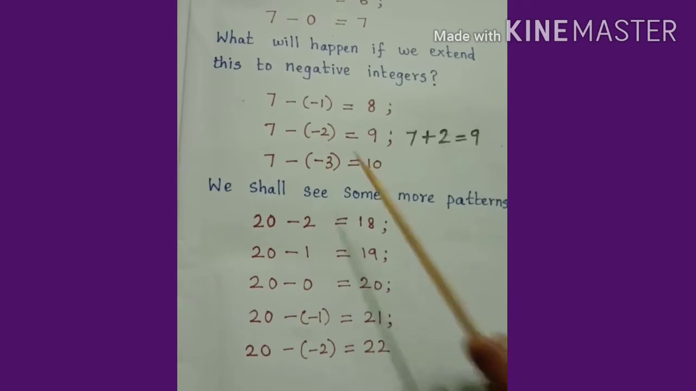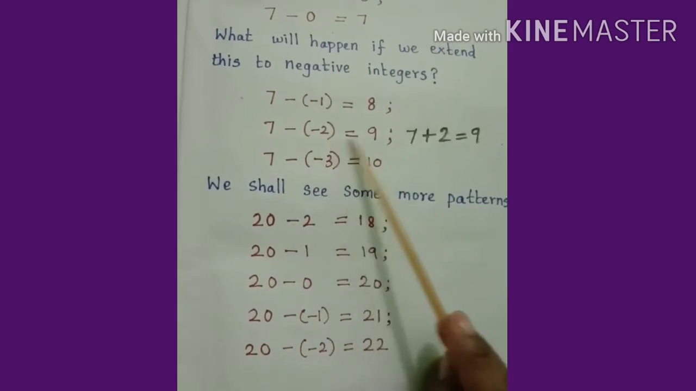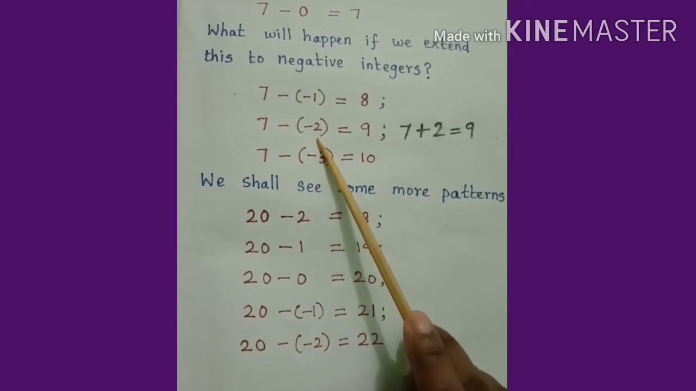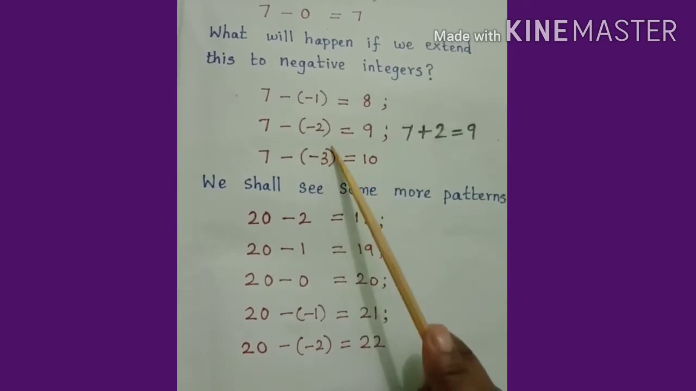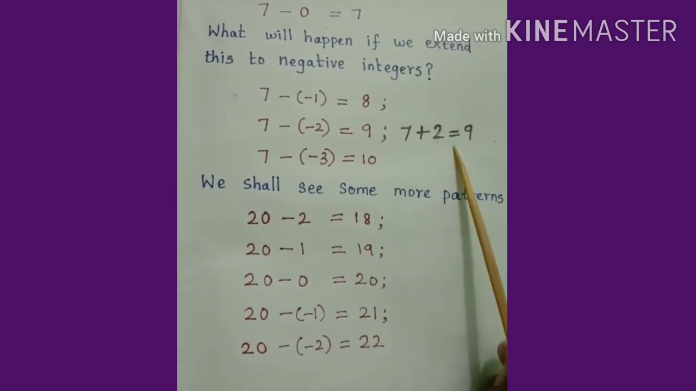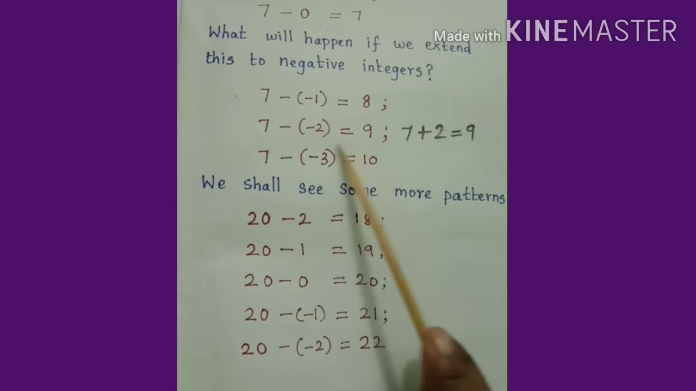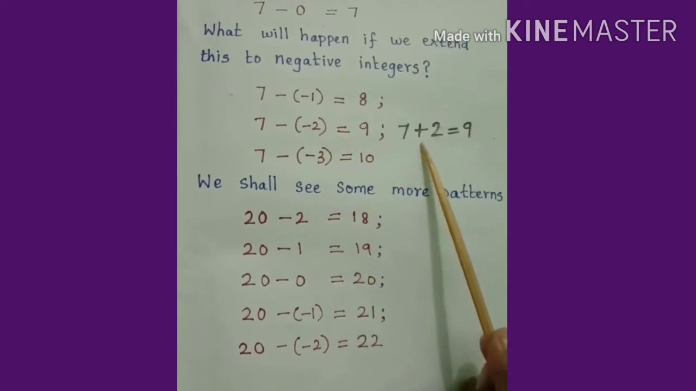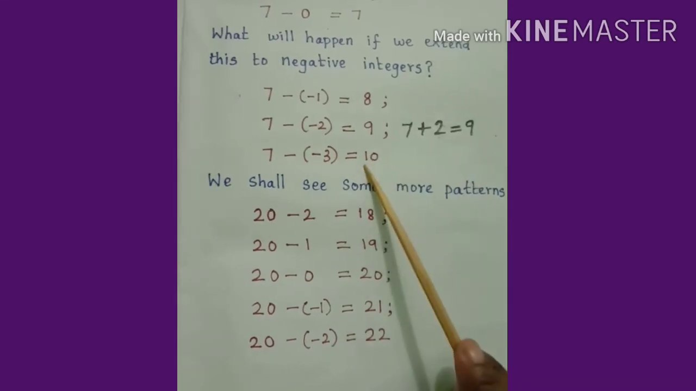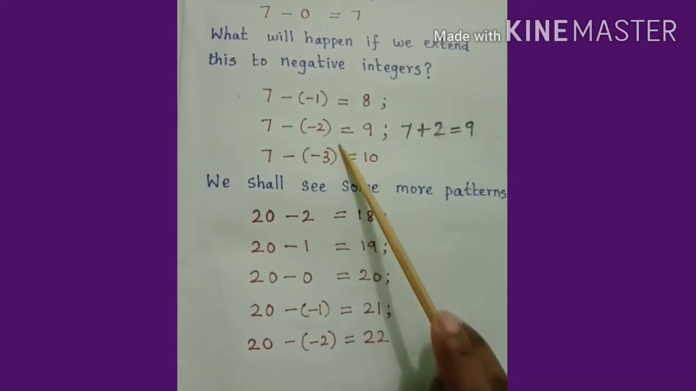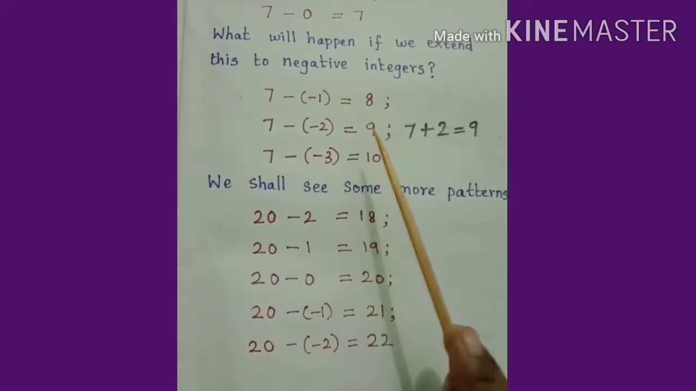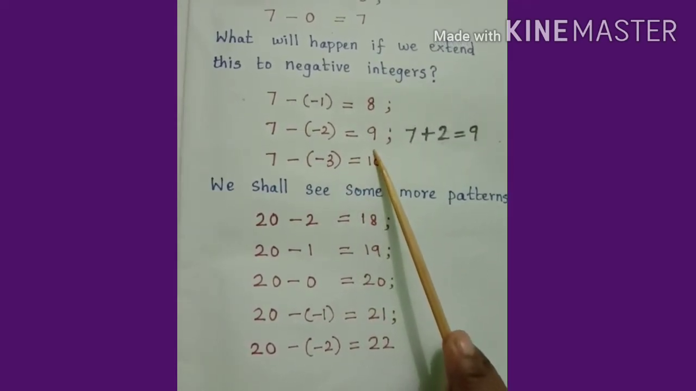For example, 7 minus of minus 2 is 9. Hence, subtraction of minus 2 is equivalent to addition of 2, which is the additive inverse of minus 2. That is, 7 plus 2 is equal to 9. So, to subtract a negative integer from an integer, we add the additive inverse of the integer which is to